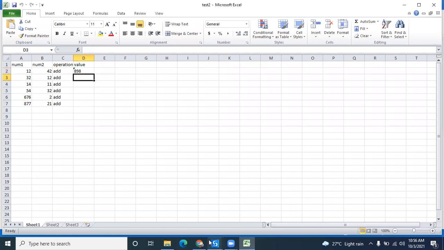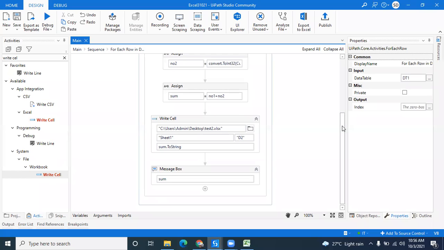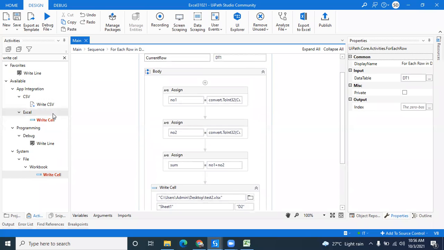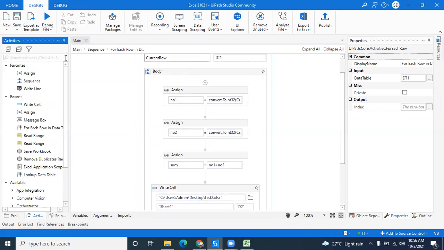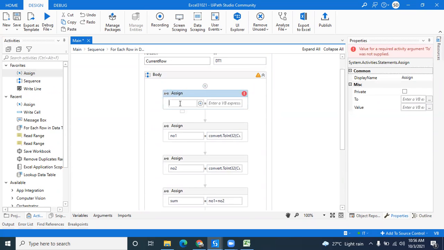So we should take one variable of a cell index and assign the value to that. So let me take one assign activity and a variable as index.